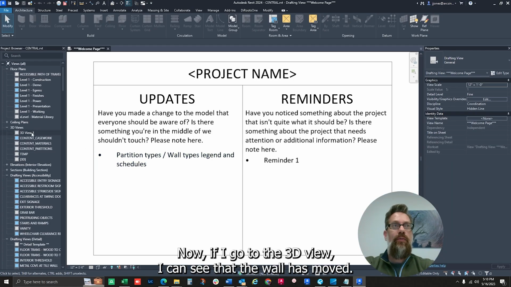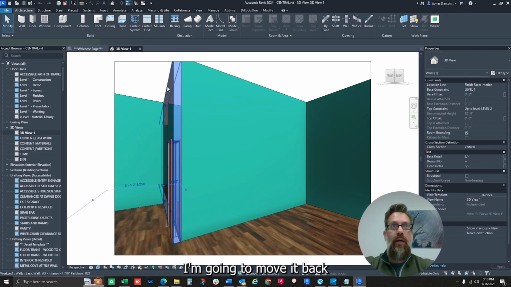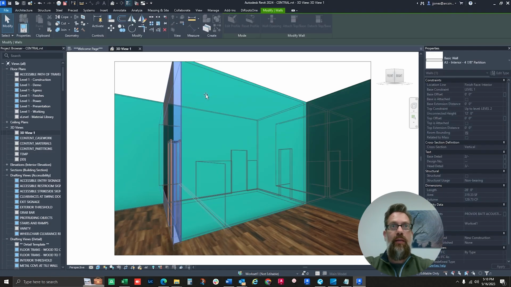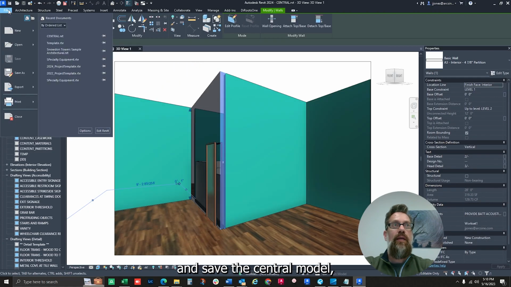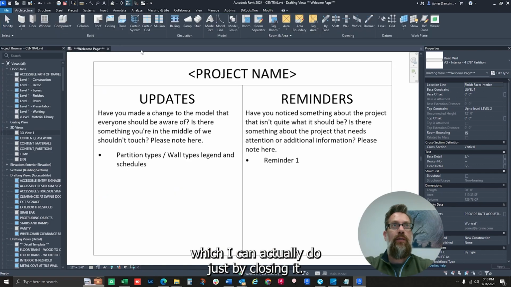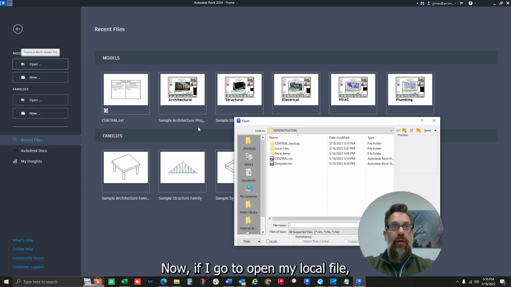Now, if I go to the 3D view, I can see that the wall has moved. I'm going to move it back close to its original location and save the central model, which I can actually do just by closing it. I'll be prompted to save it and say yes. Now if I go to open my local file,